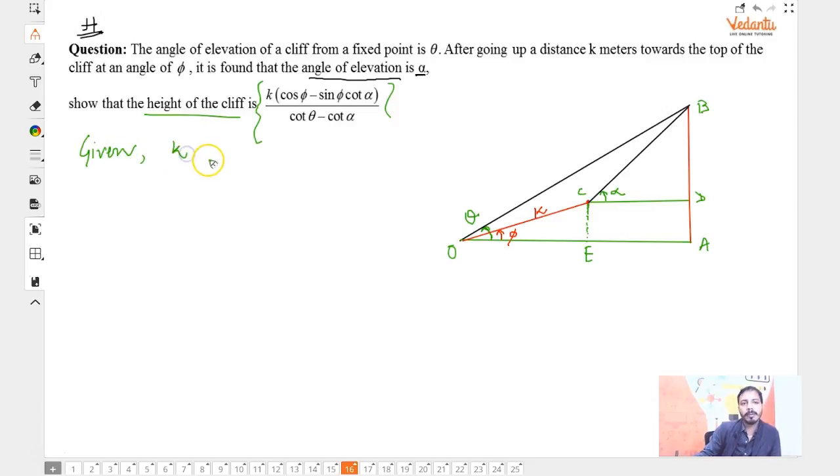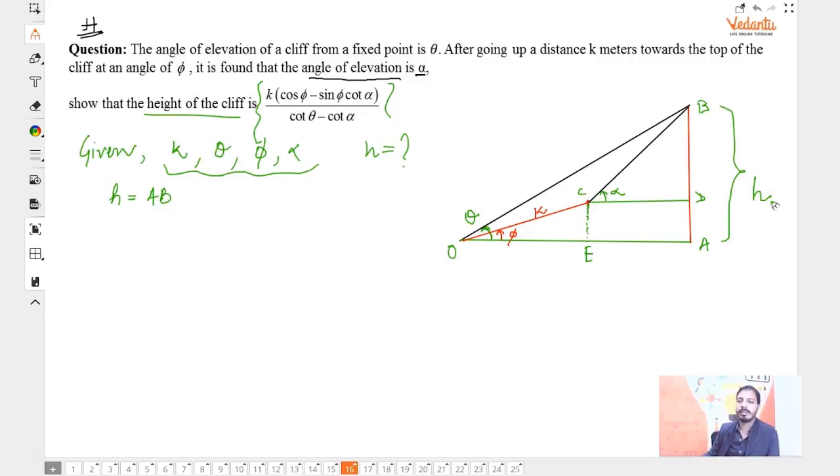You know what is K, you know what is alpha, you know what is theta, and you know what is phi. So these are the known quantities. Now you need to find out what is H in terms of these things. So how will you find out? So basically what you need to find out is, let us say H is equal to AB. So this is my height